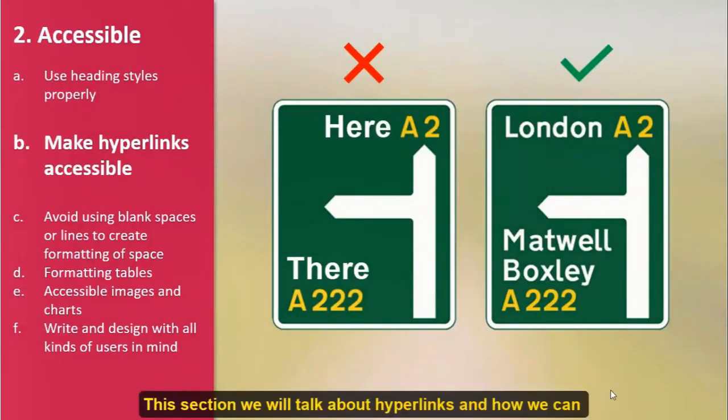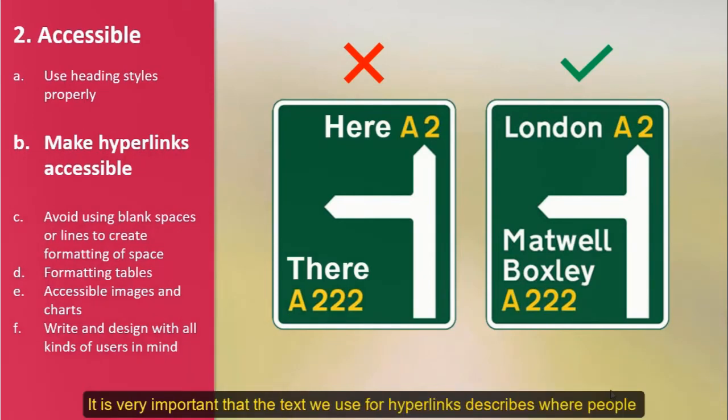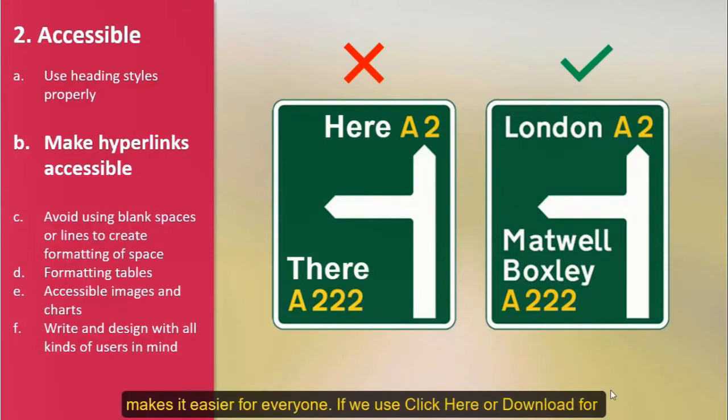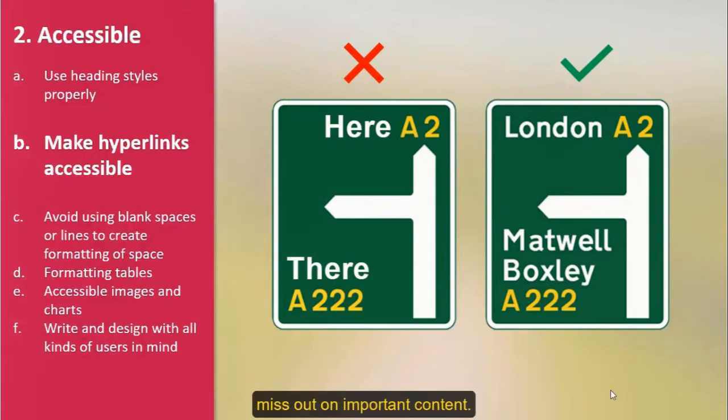In this section, we'll talk about hyperlinks and how we can make them accessible. It's very important that the text we use for hyperlinks describes where people will go if they click that link. If we use meaningful and descriptive link text, it makes it easier for everyone. If we use click here or download, for example, if a screen reader reads that link as click here, there's no indication of what click here will lead to, or download. Download what? Without clear context of where that hyperlink will take you, screen reader users can miss out on important